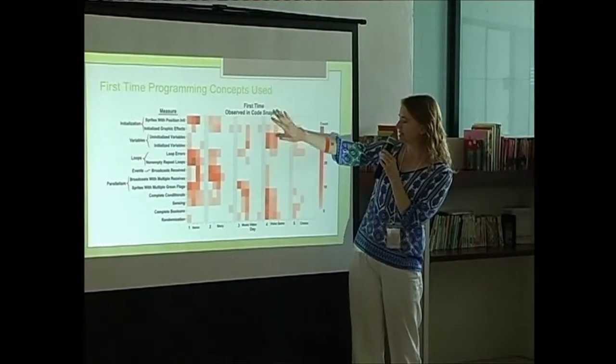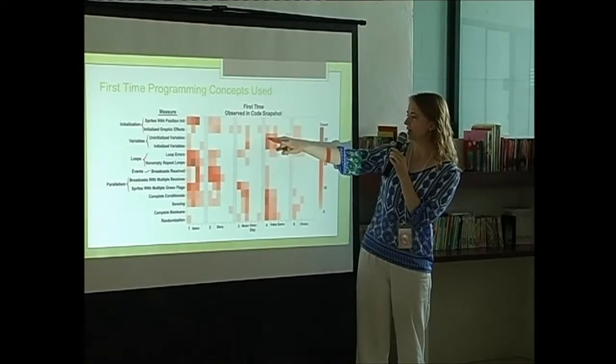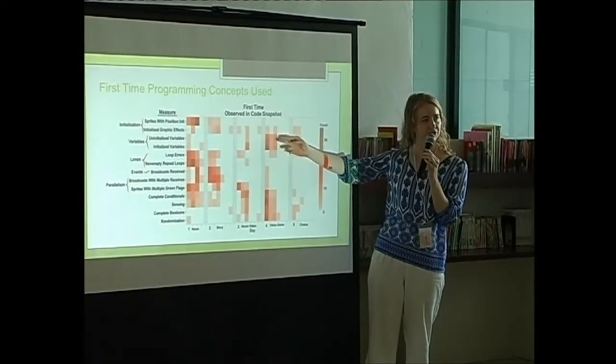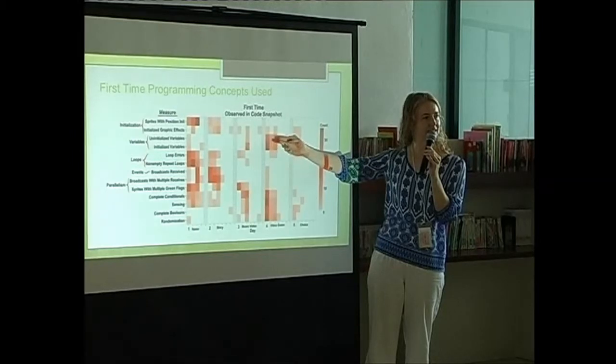You can see that day 4 elicited certain things about variables. So here are uninitialized variables and then initialized ones. So you can see that they very quickly, once they start encountering them and introducing them, these are user-created variables. And then we can see conditionals and sensing, and you know, randomization is just extra, and some Boolean logic is extra. Some kids got there, some didn't.